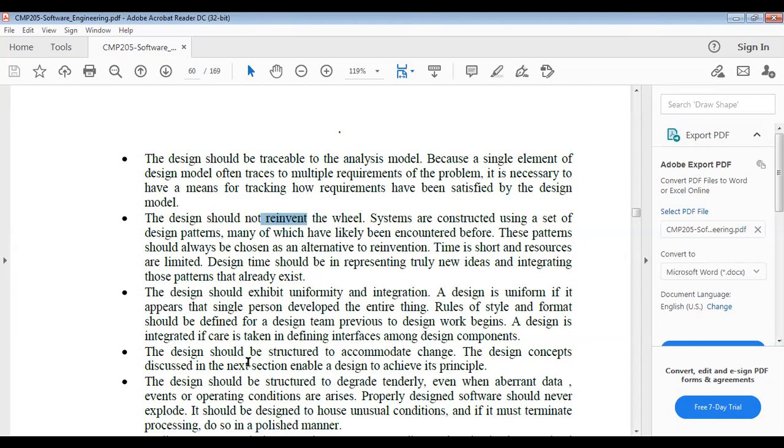A design should be structured to accommodate changes. Whatever changes are accepted from the end user in the middle of the designing, the design should be structured so that it can accommodate whatever changes are coming from the user.